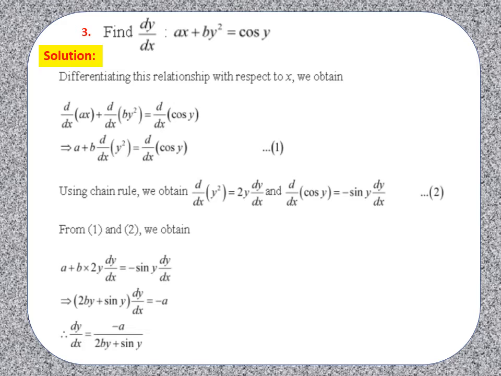And for the right hand side, differentiation of cos y is equal to minus sin y, and then by chain rule we have to differentiate y also, clear? First we differentiated cos, then we are going to differentiate y, and the differentiation of y is equal to what? Dy upon dx. So from these two equations, after simplification, you can find the value of dy upon dx as shown in the solution. So pause and note down the solution.